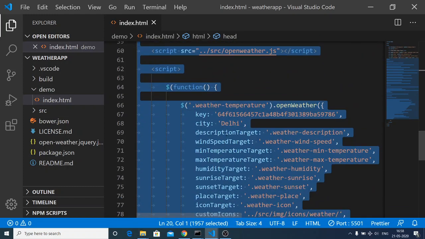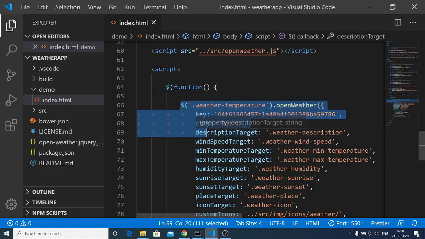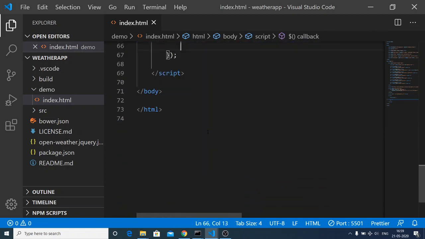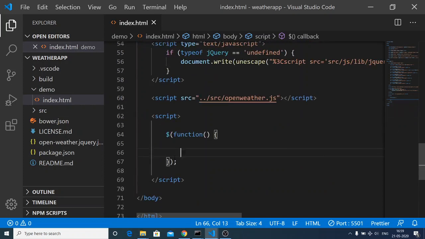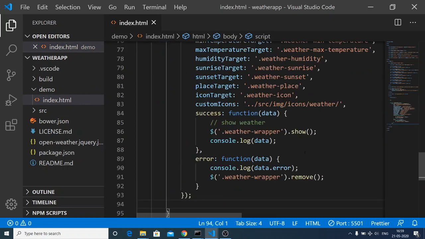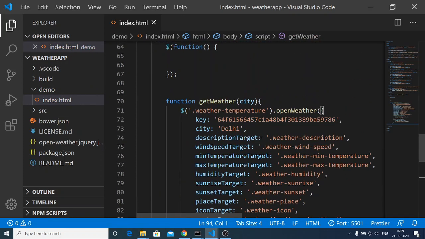This we need to copy from here and delete from here, and now just make a new function, which is function getWeather, and basically this will expect a city name. That's it. And now paste the whole code, and here inside the static value just replace it with the parameter that we will be receiving inside this function, which is city.